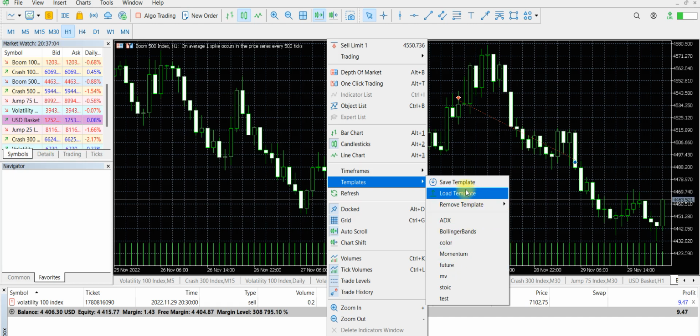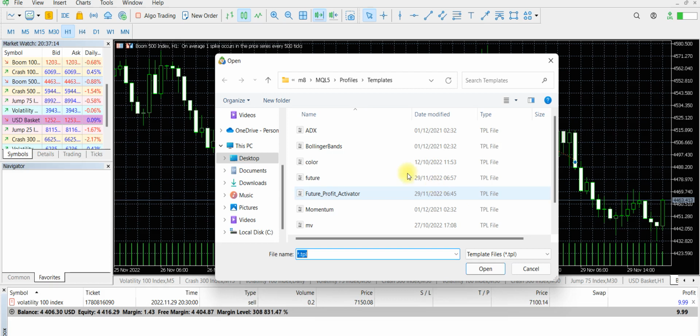Okay, so let's look at the future activator. You can see that it's not here, but does it mean that it's not inside? It is. Just click on load templates. Future profit activator is there. So you click on open,